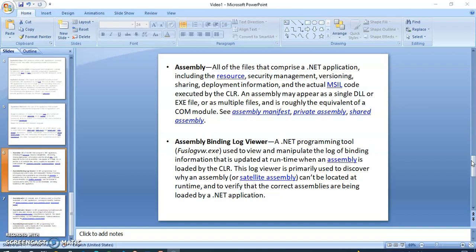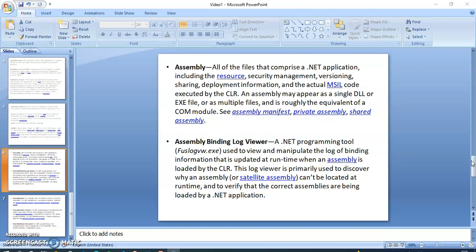Now we will discuss the assembly. All of the files that comprise a .NET application, including the resources, security management, versioning, sharing, development information, and the actual MSIL code executed by the CLR.